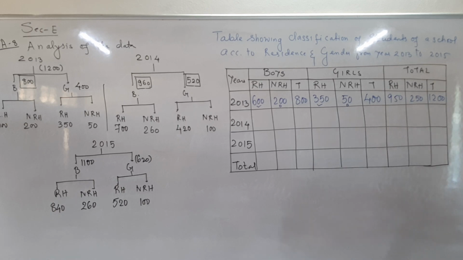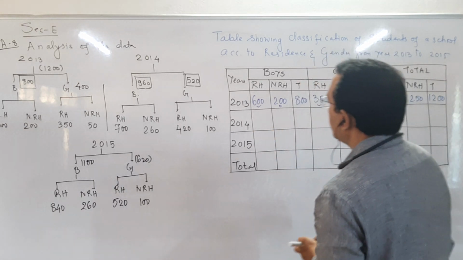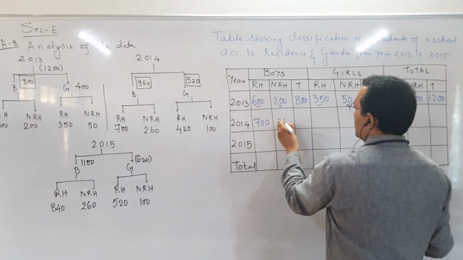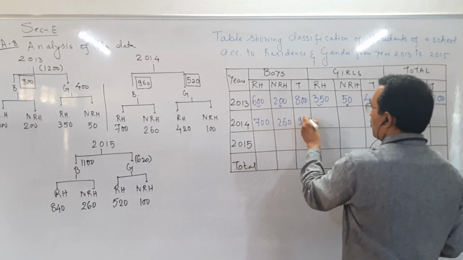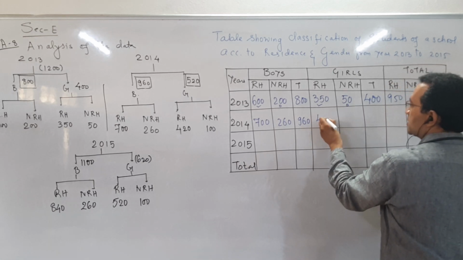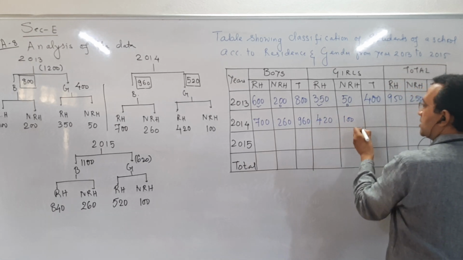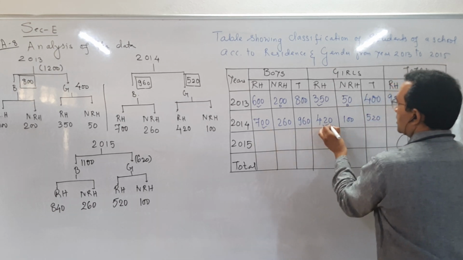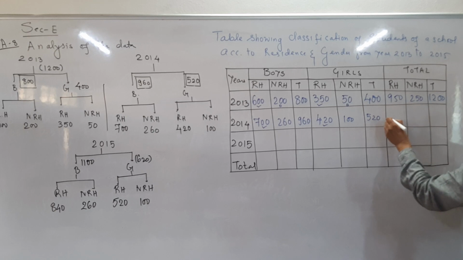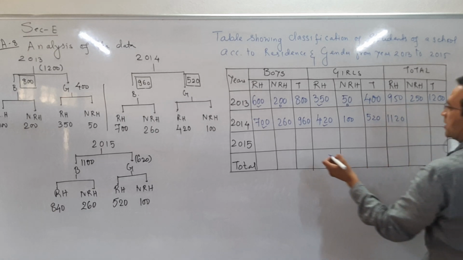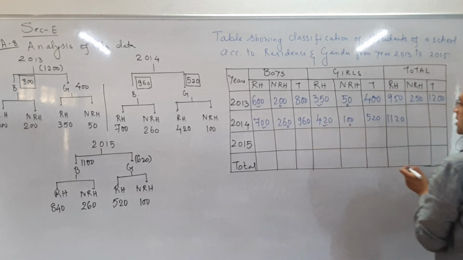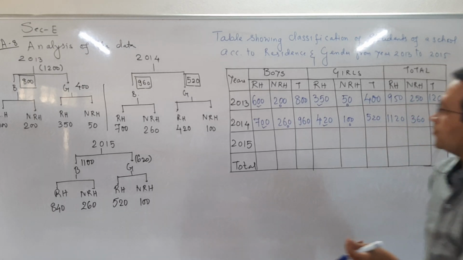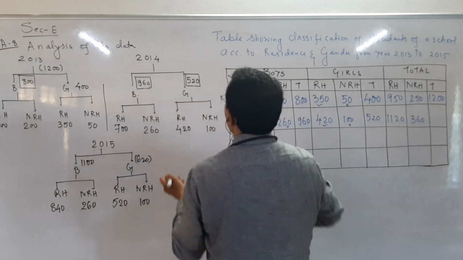Correct. Same way 14, residing in hostel for boys were 700, not residing were 260, total of boys is 960, residing was 420, not residing was 100, totals of girls 520, residing in hostel 1120, not residing in hostel was 260 plus 100, so 360,